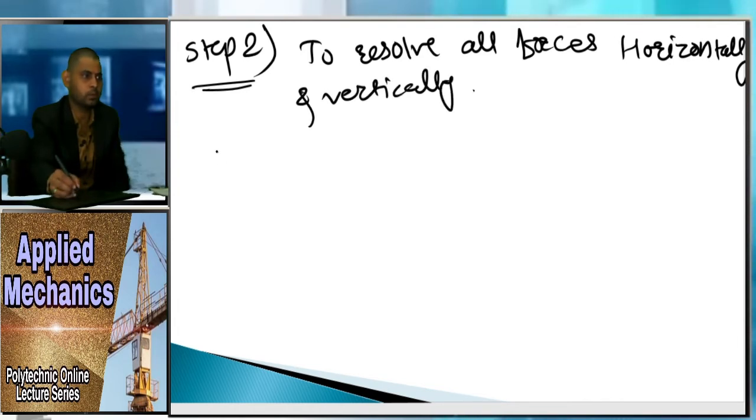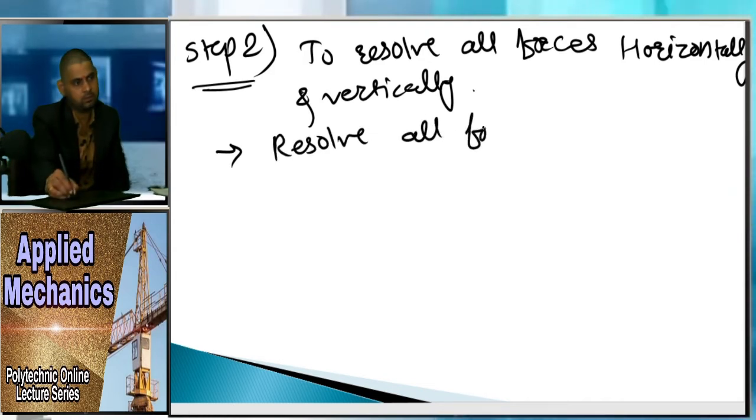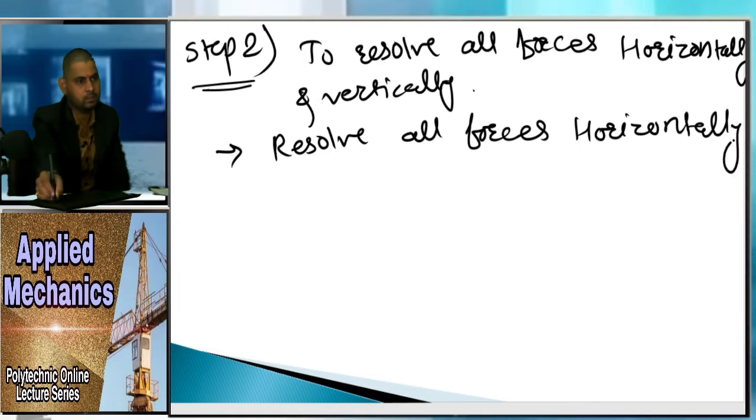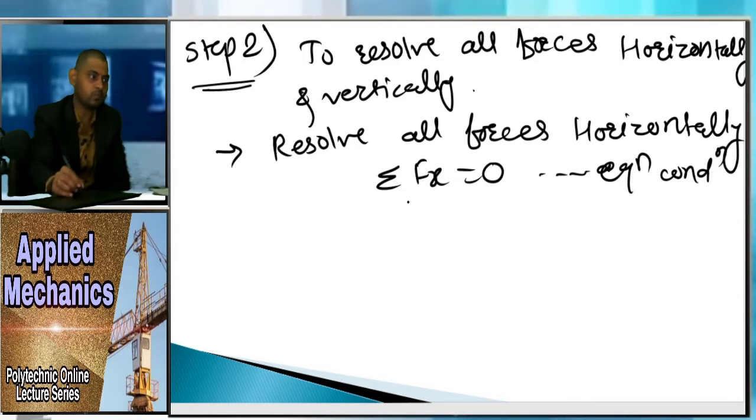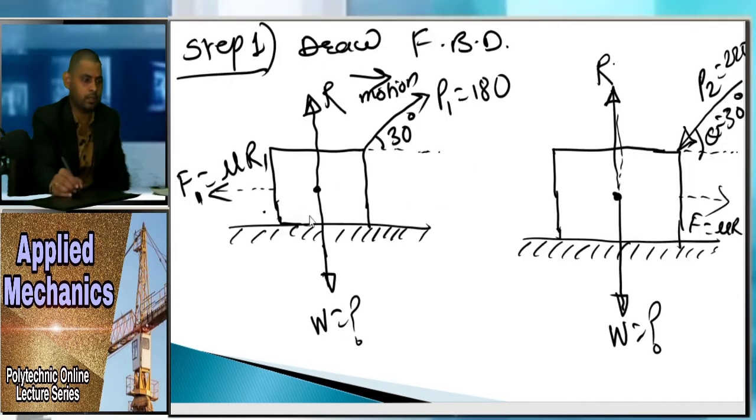So first we have to resolve all forces horizontally. As per the equilibrium condition, the sum of Fx is equal to 0, right? So see here for this body, body 1, the sum of Fx is...